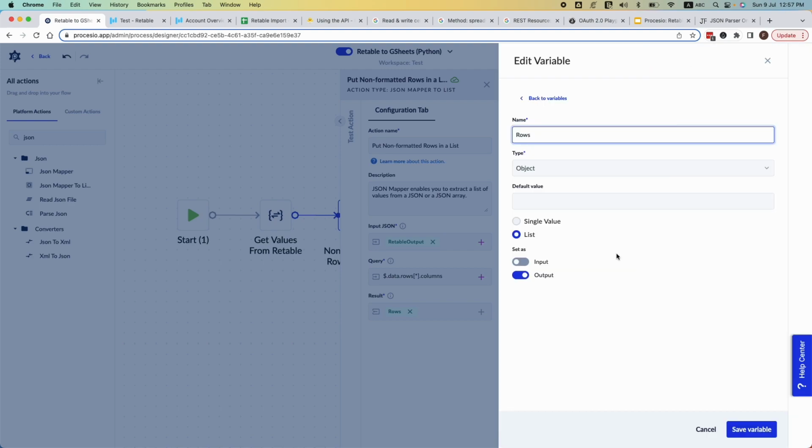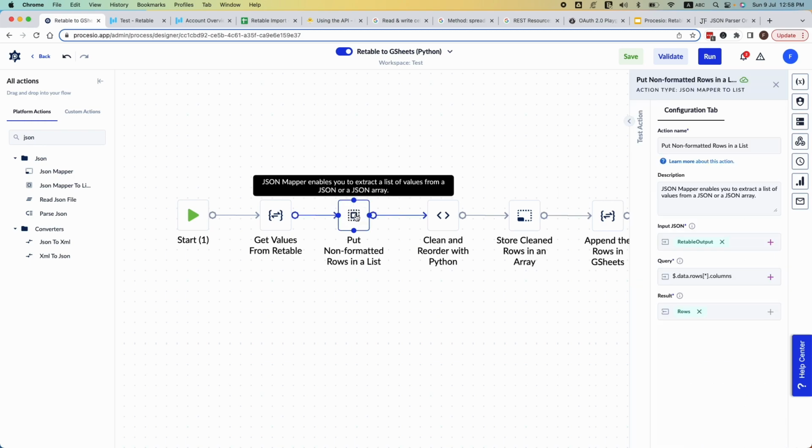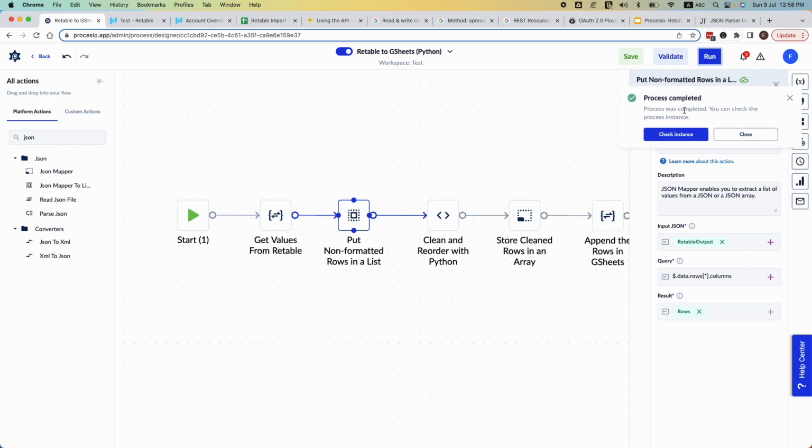I click on it. It's of type object, and it will be a list because it's an array. It will be a list of objects. And I will show you how the rows variable looks like. So I run my process, I check it,